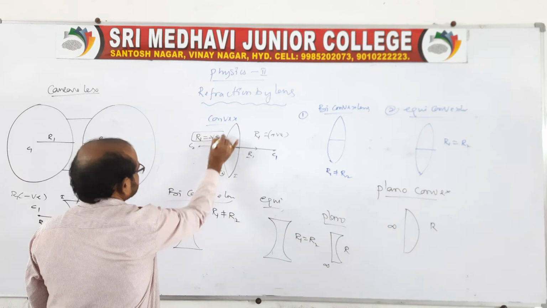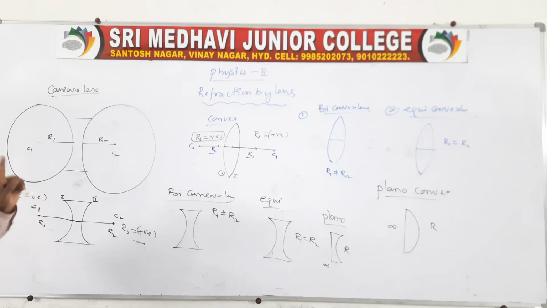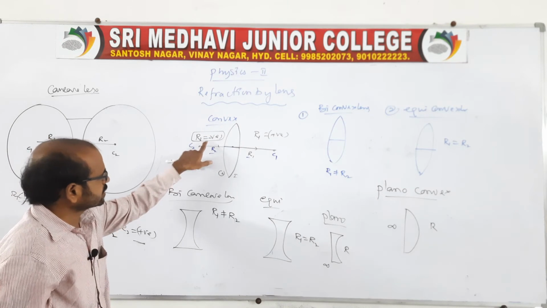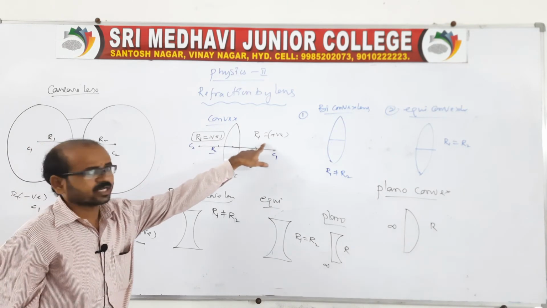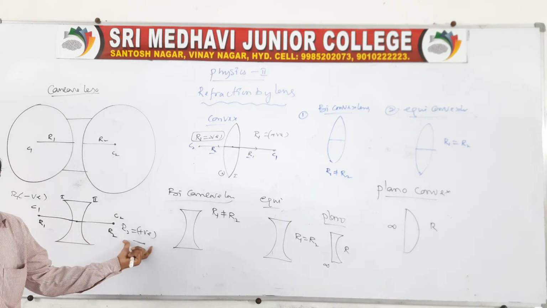This is the information related to sign convention. I will tell you the sign convention again, which is also important for 4 marks. Now right away you write it like this. For a convex lens, R2 is measured in negative and R1 is measured in positive. And in the case of a concave lens, R1 is measured in negative, R2 is measured in positive.